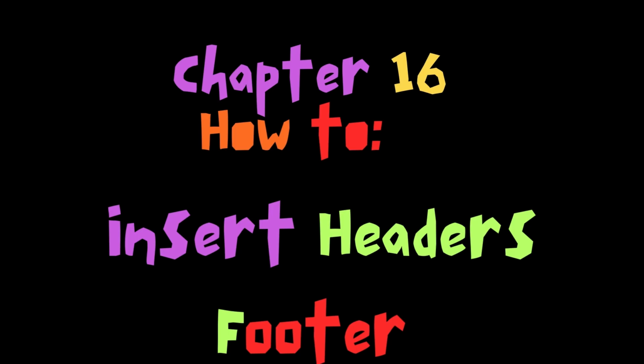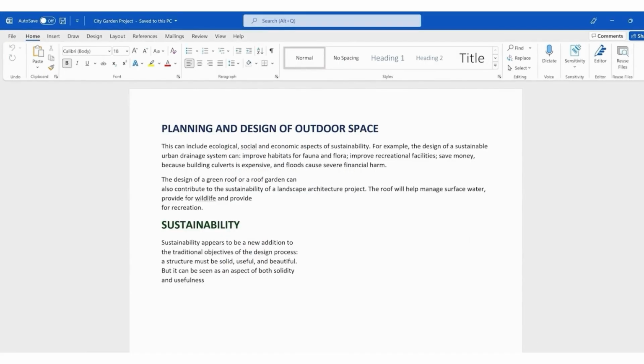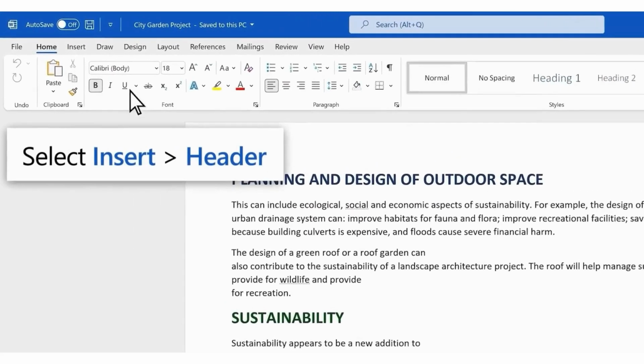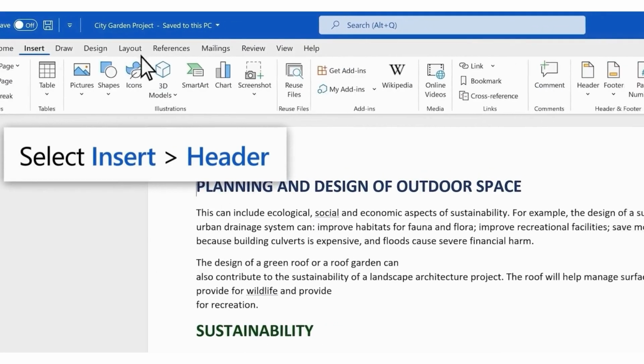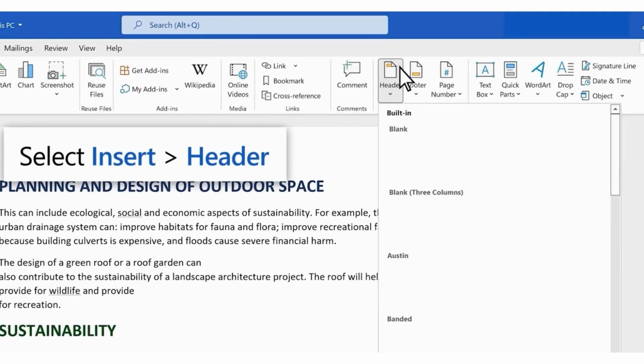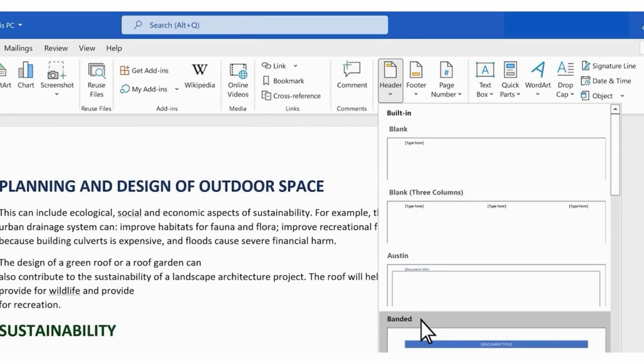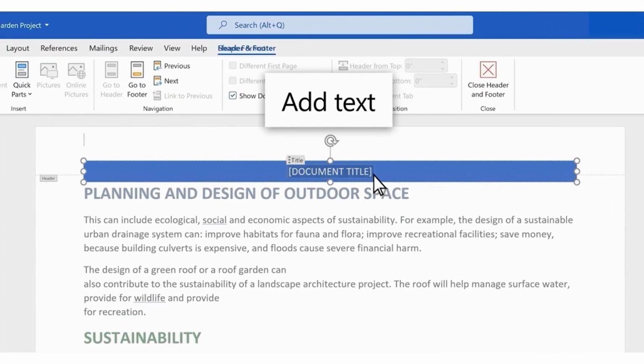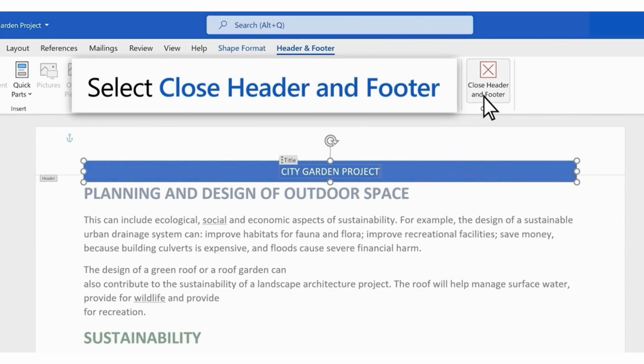So how to insert headers. You get to see other documents have headers, there is a text above. So you go to insert and then you select header. And then as you can see, you choose which theme you want to use. Let me say for this instance, I've used